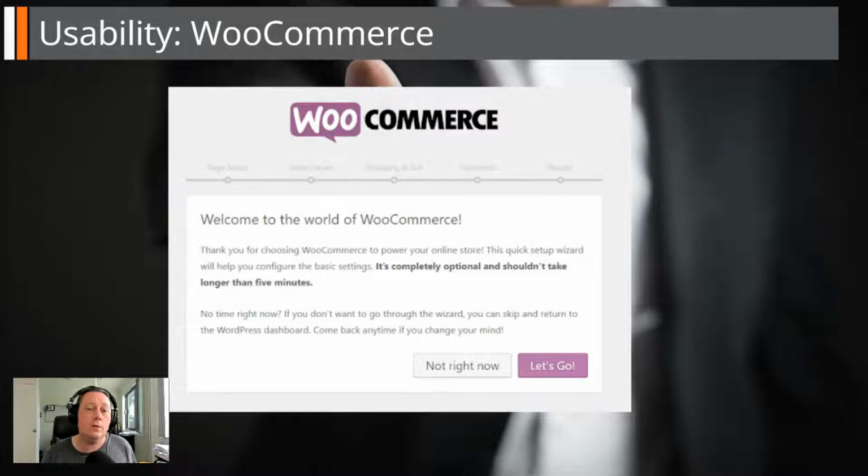Now, while the back end of WooCommerce is relatively straightforward, complexity starts to creep into the front end of the store. Aside from the general WordPress pages, WooCommerce adds extra templates to your theme, like cart, checkout, my account, single product page, and product archives, for example.